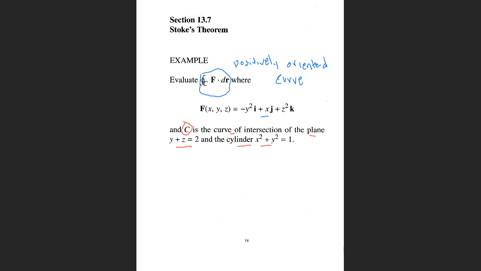Naturally, if a plane intersects a cylinder, it intersects it at a curve, like an oblique ellipse. So the particle moves around that ellipse where that cut is, and